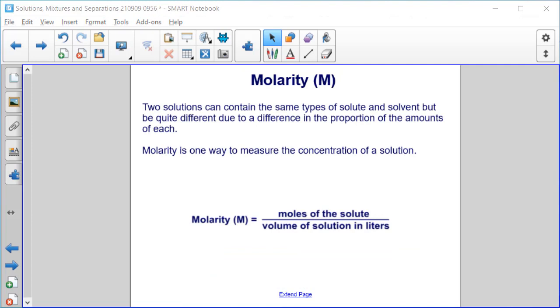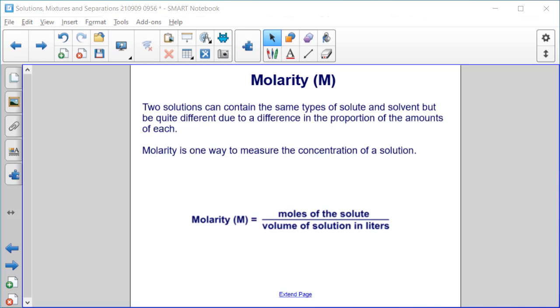Let's discuss molarity, symbolized by capital M. Two solutions can contain the same types of solute and solvent, but be quite different due to a difference in the proportion of the amounts of each. So we can have very concentrated salt water, like ocean water, like we talked about earlier, where those saltwater alligators can survive. And then we can have fresh water that has some salt in it, but is much, much less